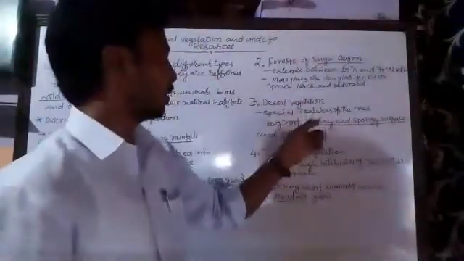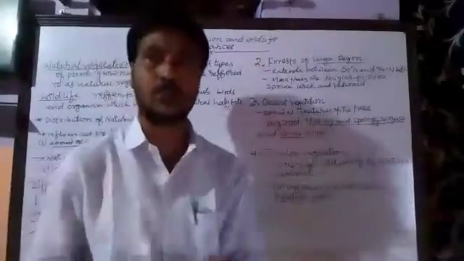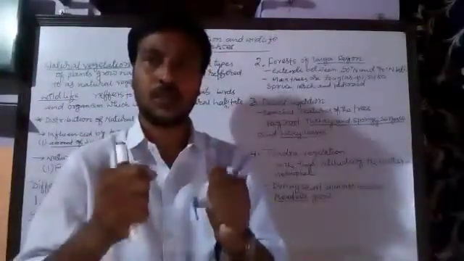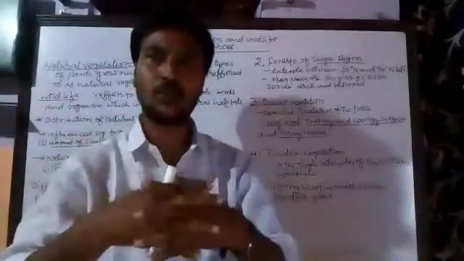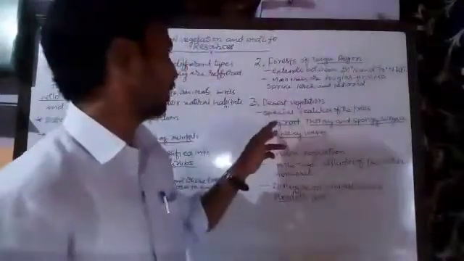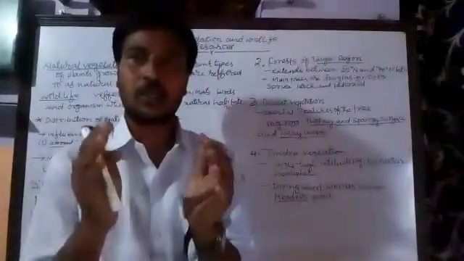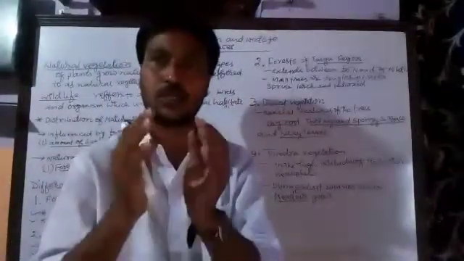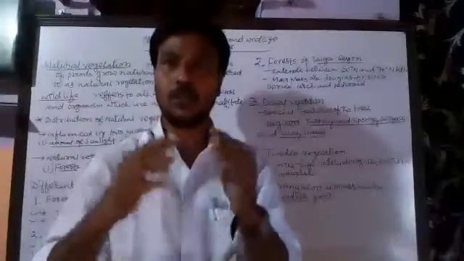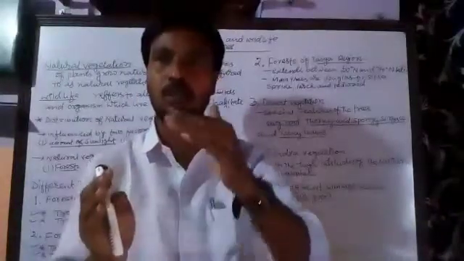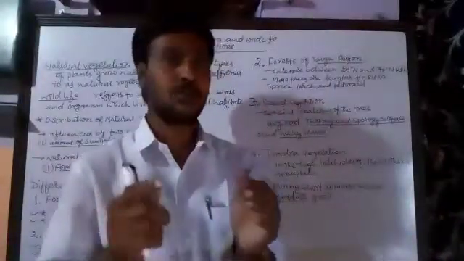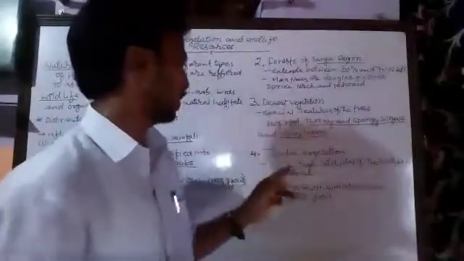Okay, next is the thorny and spongy surface. The trees have a thorny surface, means they have thorns and a spongy surface, and then they have waxy leaves. Leaves are waxy so that they can retain the water and stop the water loss. So these are the specialties of the desert vegetation.